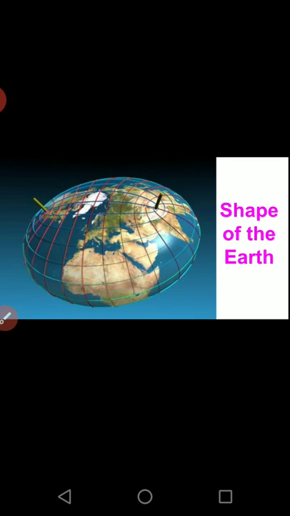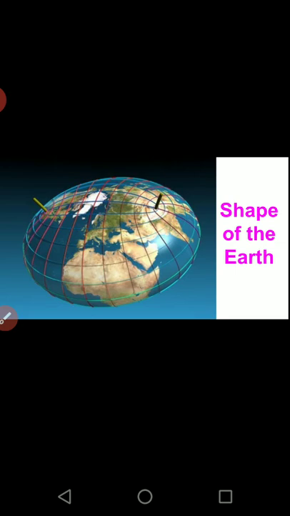Now here you will see that the shape of the earth is not a circle actually. This is something oval, and you will find over here that it is flat from the top, whereas it is bulged out from the center. So it is not exactly round like your ball. It is actually oval. It is flat on the top, whereas it is bulged.